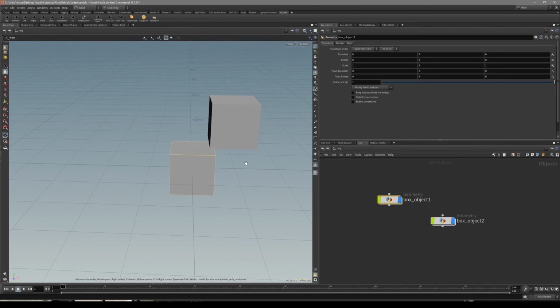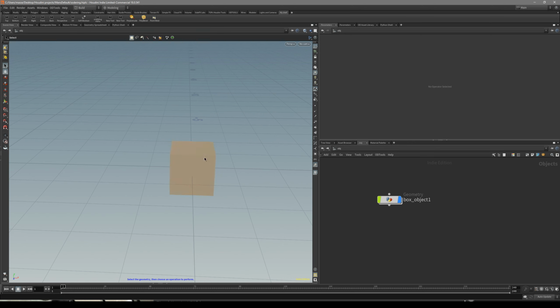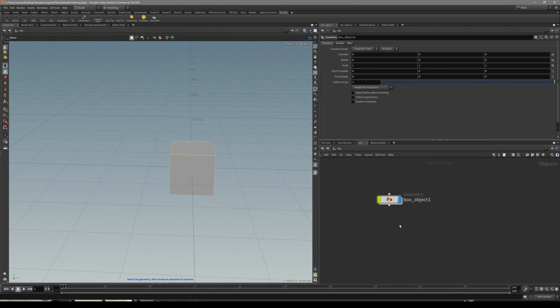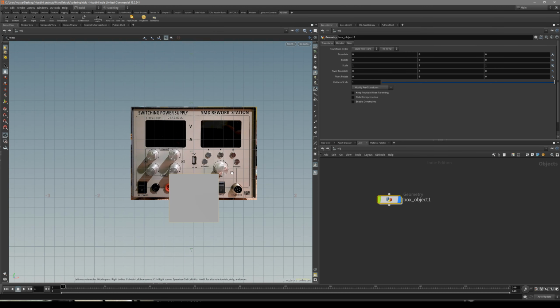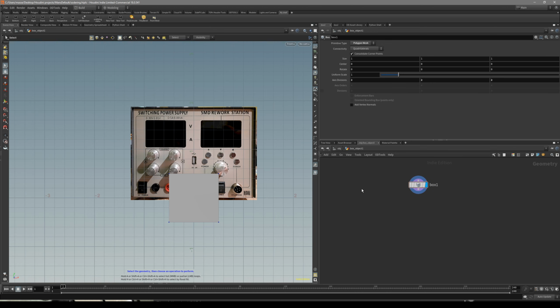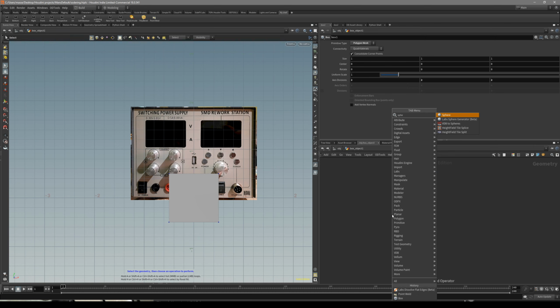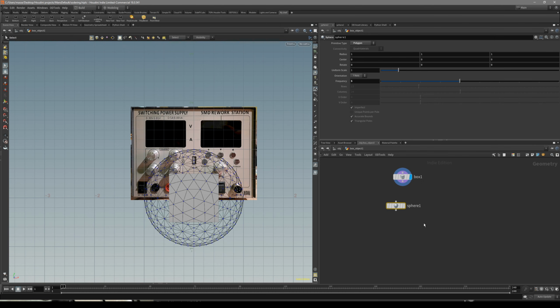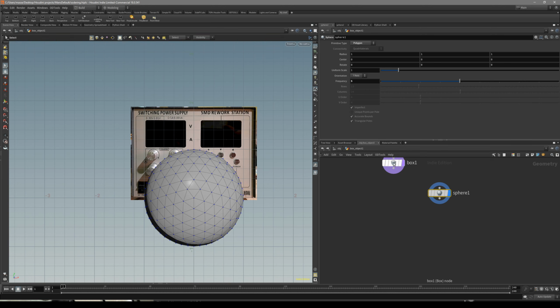So that's one thing. And another thing that you have to make note of is that up here you can create in the object level or create in context. What we are doing right now is creating it in the object level. So that means, let's say we have this box, we go inside it. Let's say I want to create a box, sphere. If we create it inside the network editor, it's going to create it inside this OBJ level,